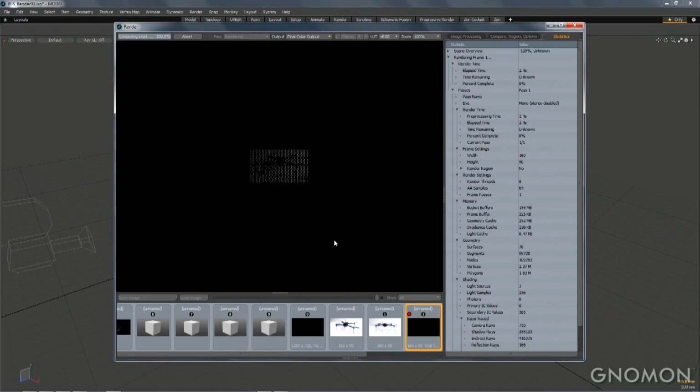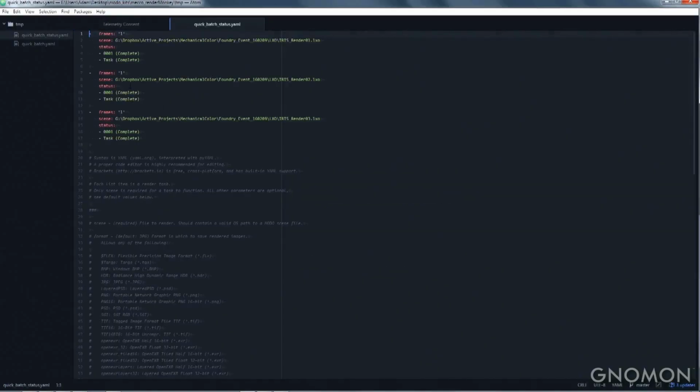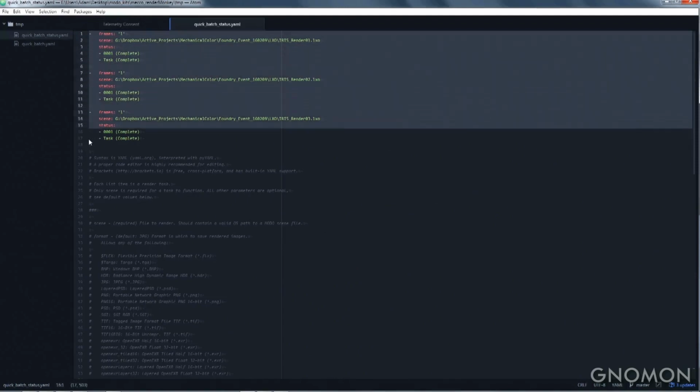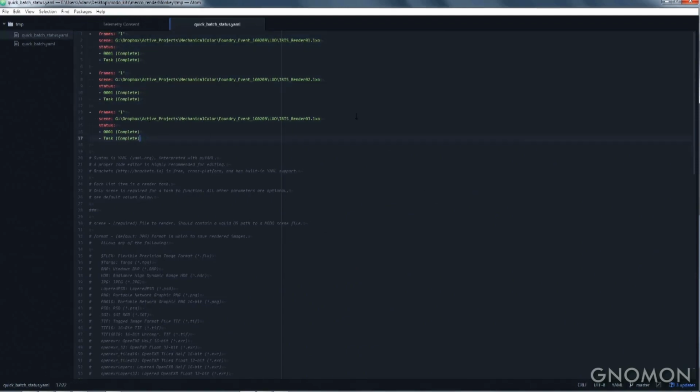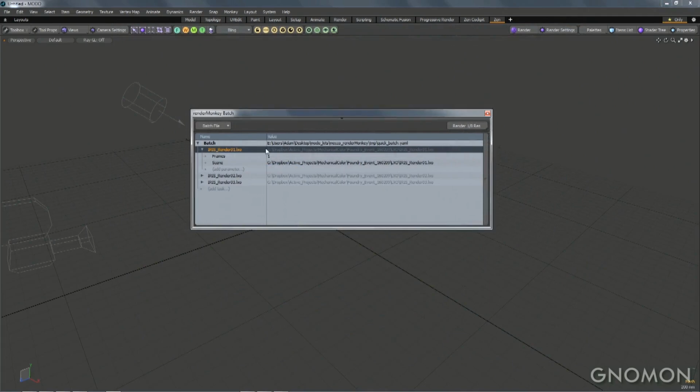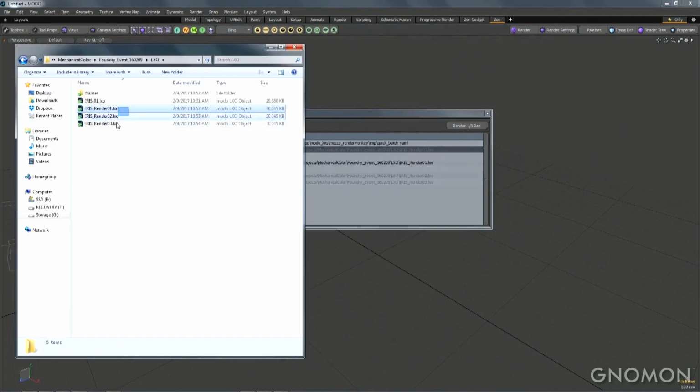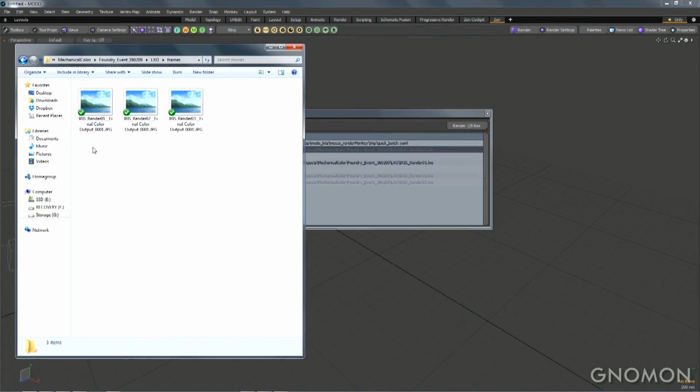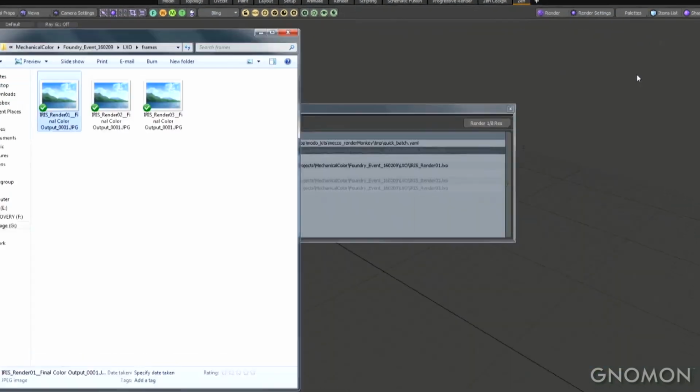Running a 16th res render really quickly will give you that information, and then you get this nice text file that tells you exactly what it did and whether there were any errors in any of the tasks and all that kind of stuff, so that you'll know before you run it whether it's going to work or not. Now, in this case, by default, it did save these images in a folder that was co-located with the original files, so it's very straightforward.